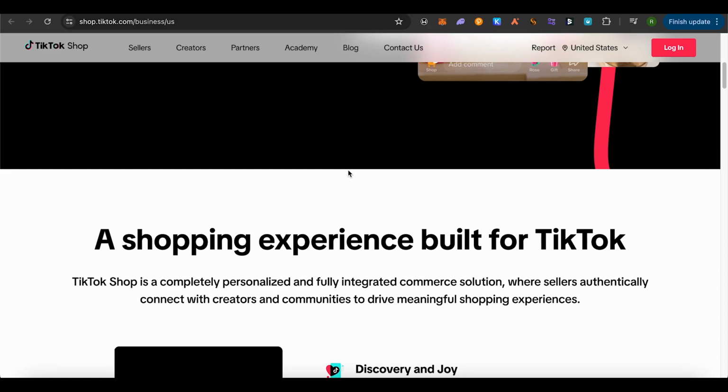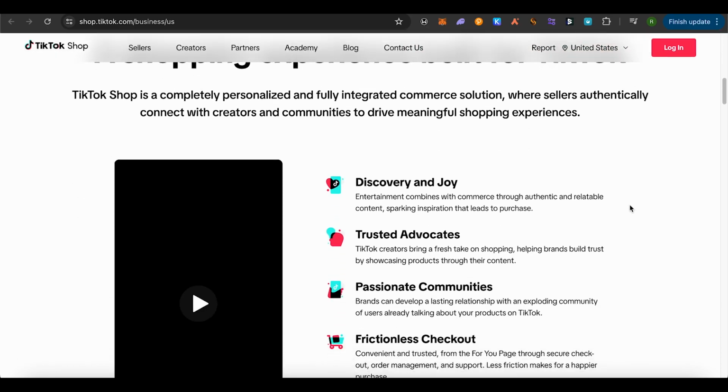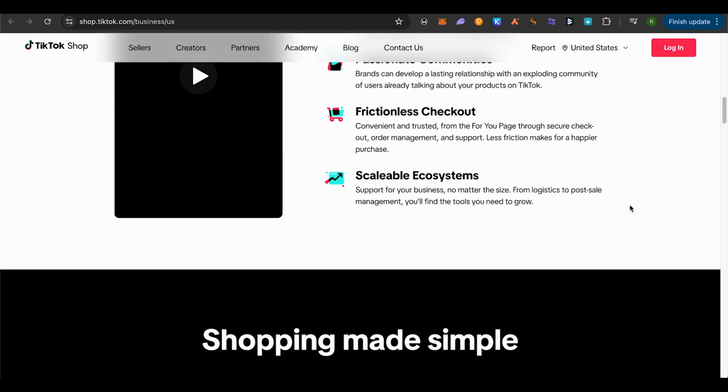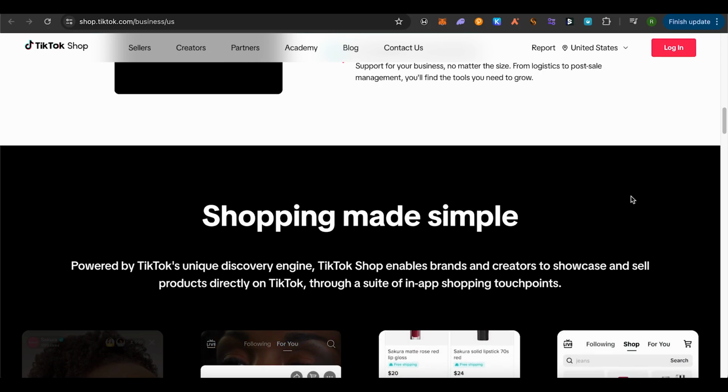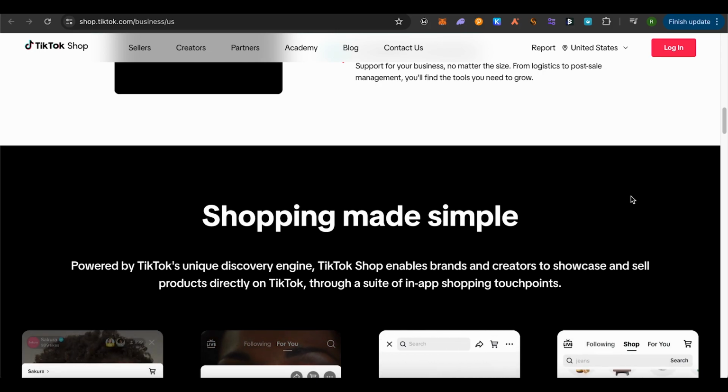After that, you need to create a shipping template, and for that you would be able to see the options at the left hand side panel of your TikTok Shop. Simply click on shipping template, and over there you would be able to find the option of create at the top right hand side corner. Simply click on create, and after that you need to select the default express shipping, and after that you need